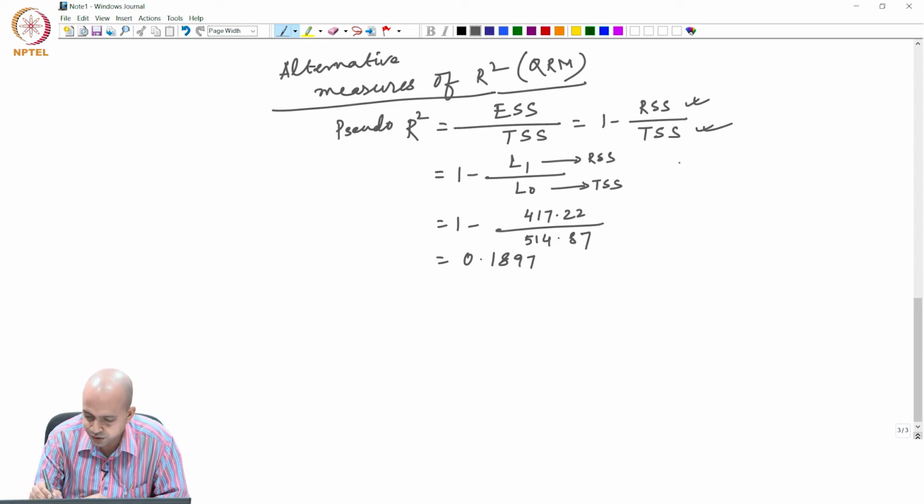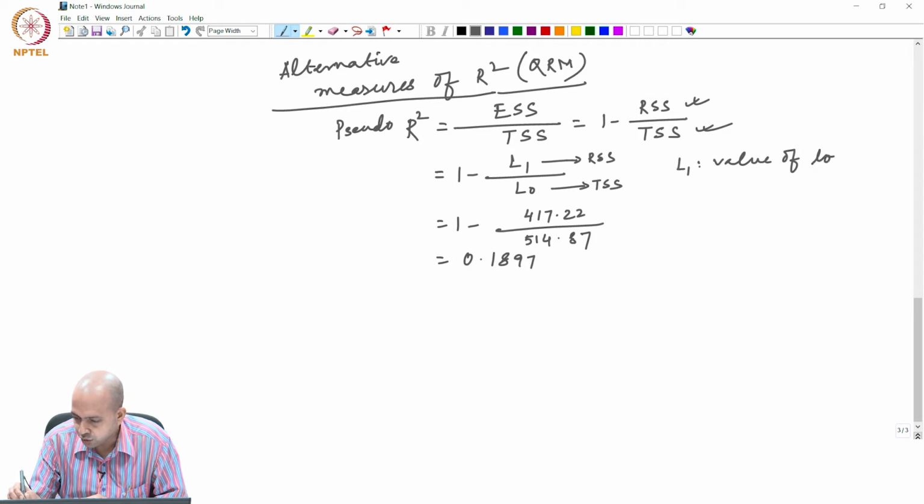I will specifically write here. L1 is the value of log likelihood when all explanatory variables are included,